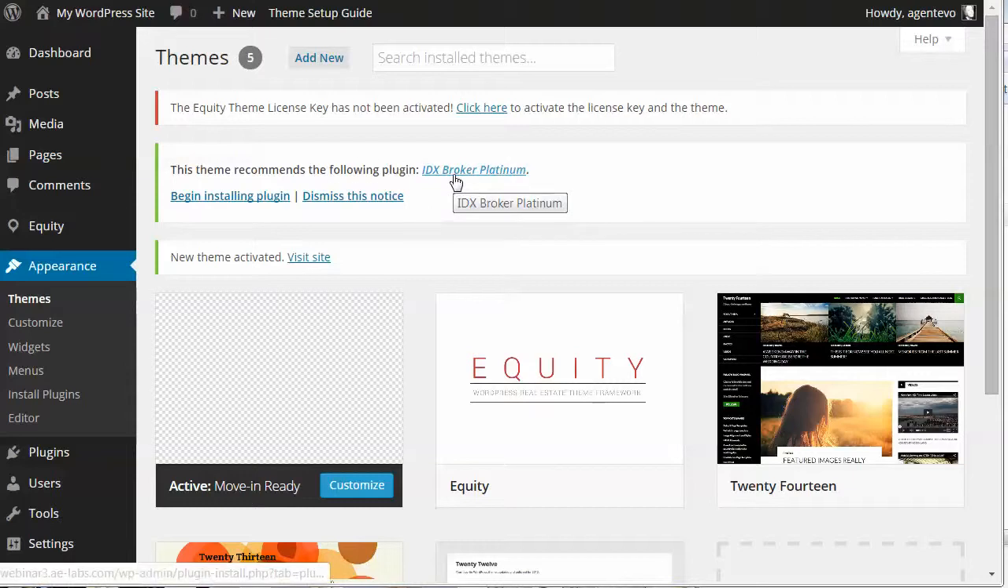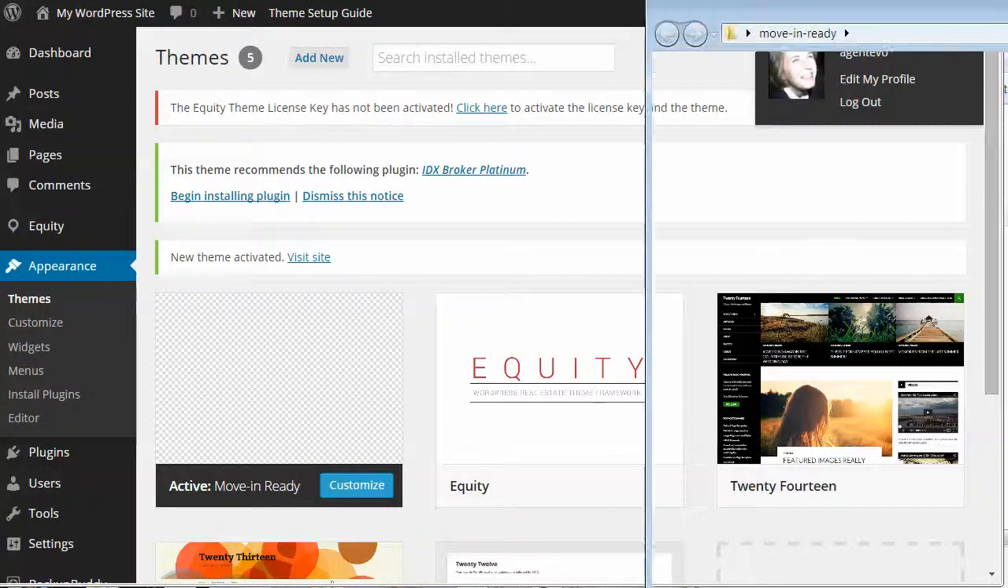Okay, now once these are installed, some people find it's easy to set up their site if they have some sample content to work with as an example. So we have included sample content in the Move-In Ready theme, and I'm going to show you how to install that sample content. When you download Move-In Ready, extract that zip file on your computer with whatever zip file extraction method you have, and you will get,